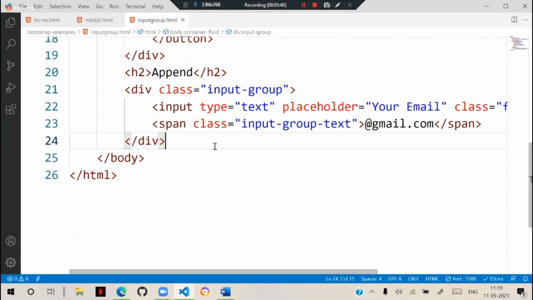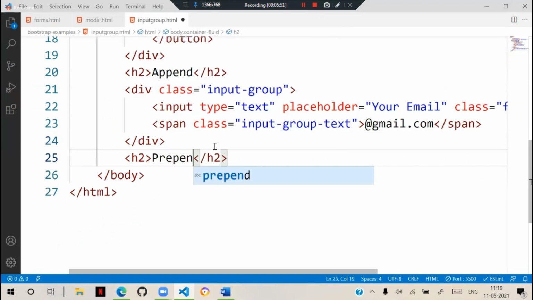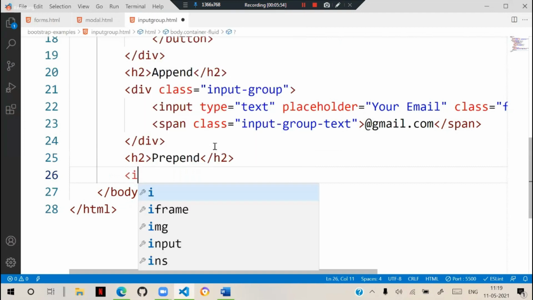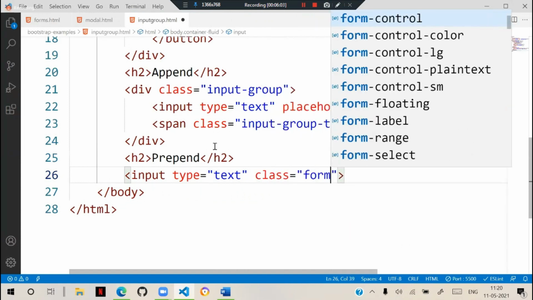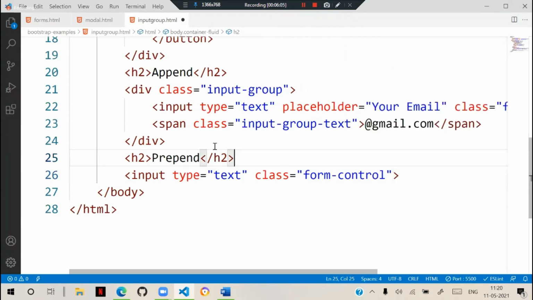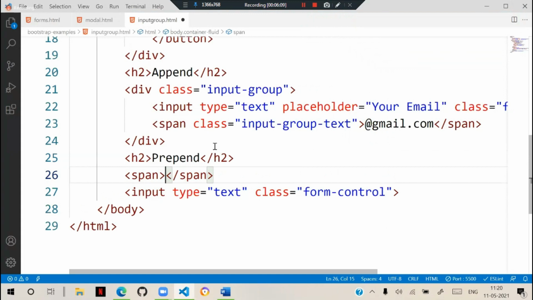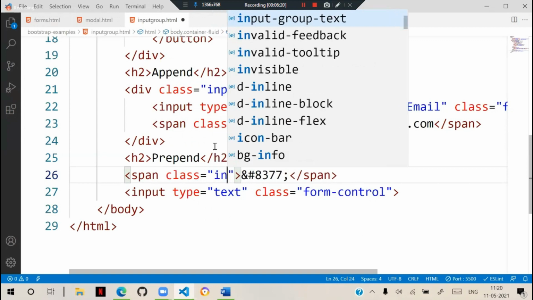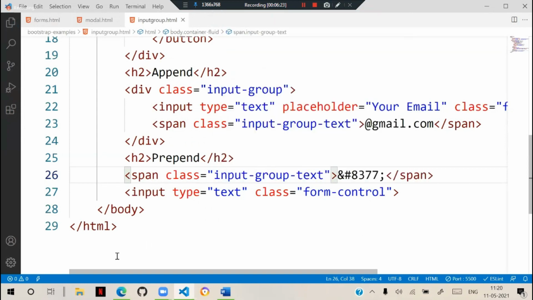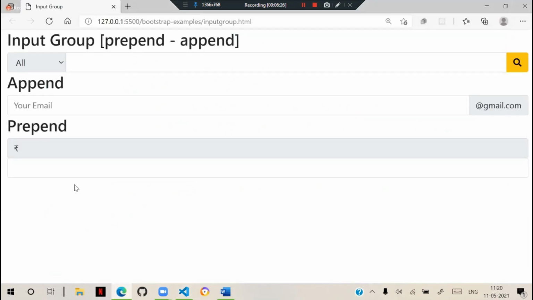I can add, so we call prepend. For example, we have seen input type is equal to text, and here class is equal to form-control, and before that we will put a span, ampersand hash 8377 semicolon, and that is the rupee symbol, and we can put class as input-group-text, and you can see that it will display like this, but we have to keep that in an input group.